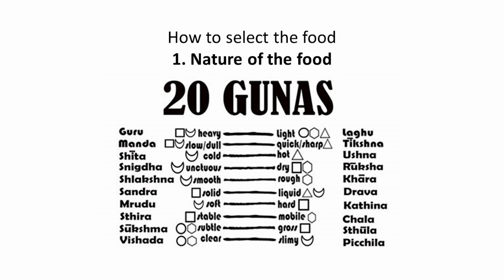So here it's a group of 10 qualities and their opposite. So when we think of 20, it's actually two groups of 10. So you can remember 10 and then you will have the opposite. So we have heavy. When it comes to those little drawings here, those drawings are to refer to the 5 elements. So which one would be more dominant? So we have heavy and light. So that would be as soon as you eat it, how do you feel after eating it? Do you feel heavy or do you feel light?